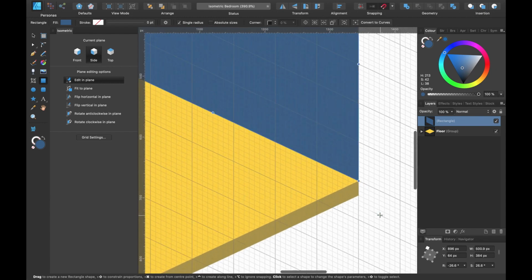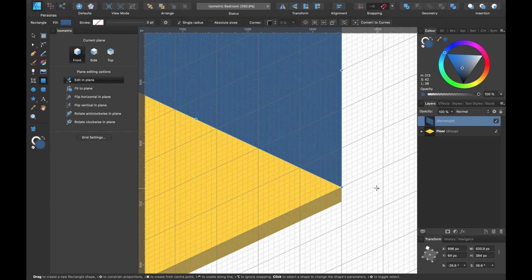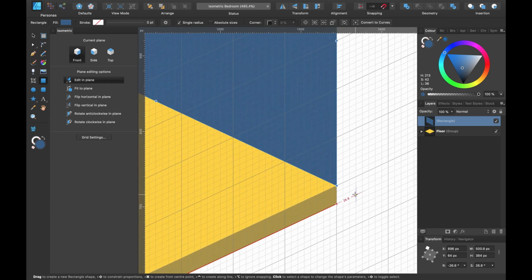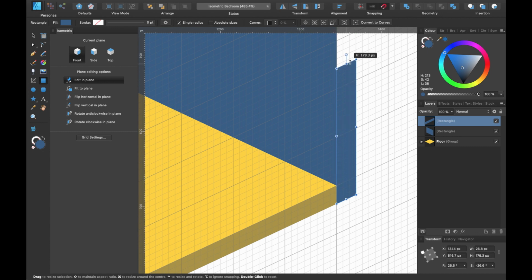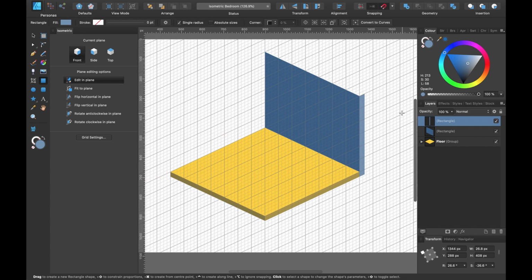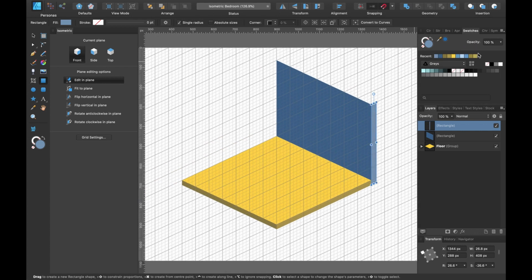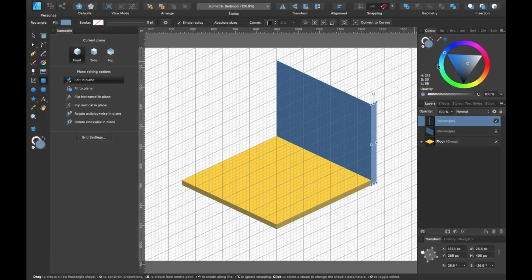So I'll head down and I'll press front because this will be the side of the wall. And I'll start it from around about, maybe 3 thick, 3 small squares thick. So I've dragged it across and now I could just drag all the way up. Let's zoom out and drag all the way to the top. Let's change the color of this slightly. Now a better way to color this would be to create a swatch and have all the different colors laid out for you. But in this tutorial, I'm just going to use the eyedropper tool and just do it by eye.